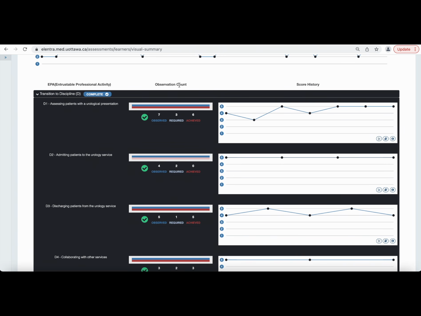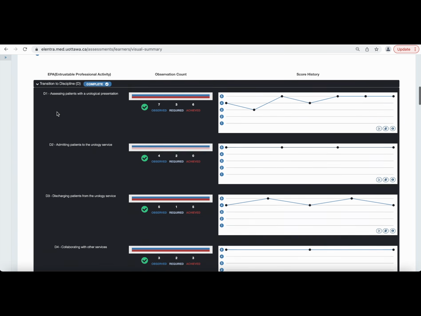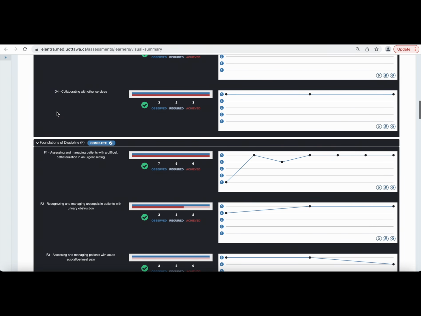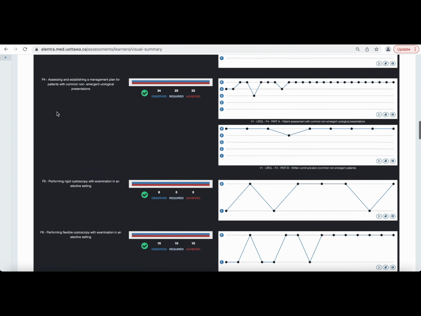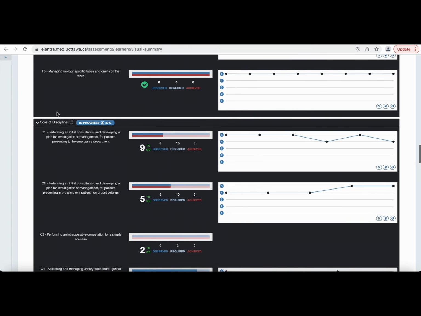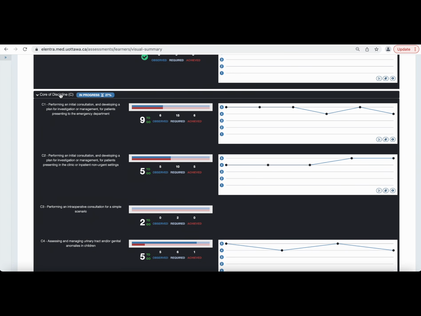The reviewer can then proceed to look at each of the individual EPAs within each stage. The reviewer can look at the progress within each stage, can also look at trends within each individual EPA, can look at the number of EPAs achieved, number to go,